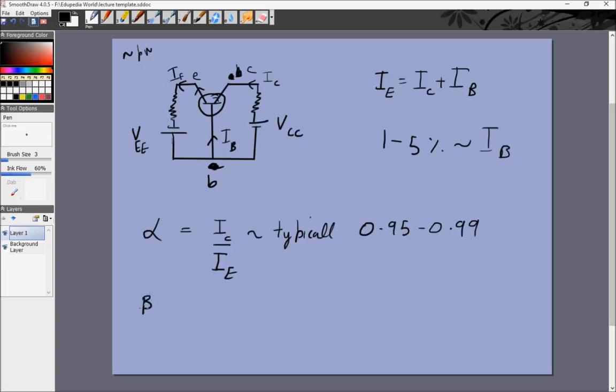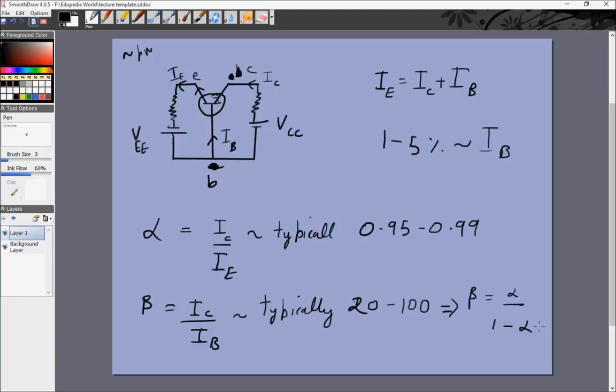Then you have the beta parameter, which is IC by IB, and that is typically 20 to 100, because IC, the current, will be much greater than IB. And if you use this equation, you'll be able to verify on your own that beta is actually equal to alpha by 1 minus alpha. Right. So this is the standard working of the transistor, and these are the two parameters which characterize the working